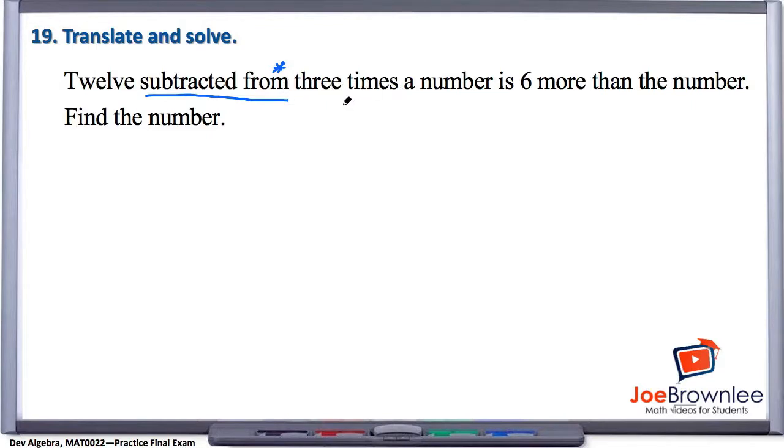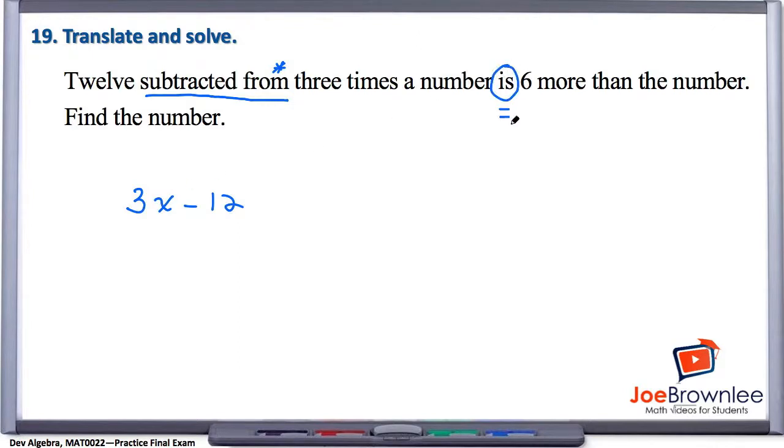Well, again, for our unknown, we're going to let x represent that unknown. So how do we represent 3 times that unknown, that number? Well, we're going to say 3 times that number, that unknown, and minus 12. All right, so again, we have 12 subtracted from 3 times a number